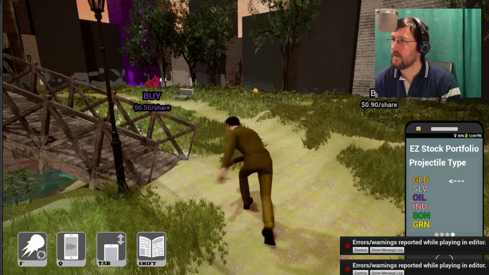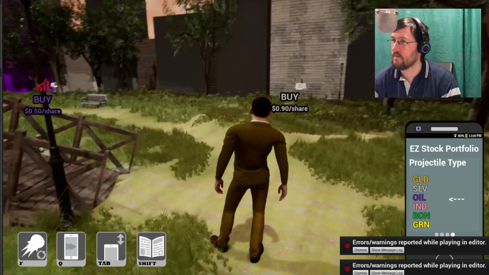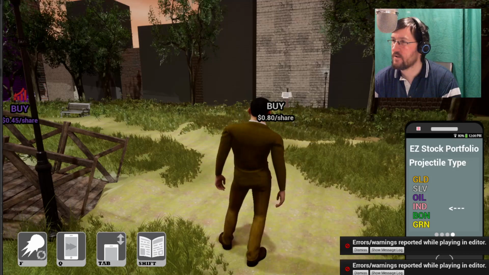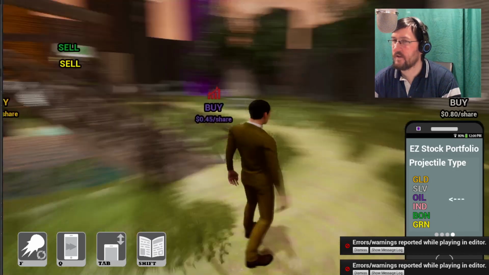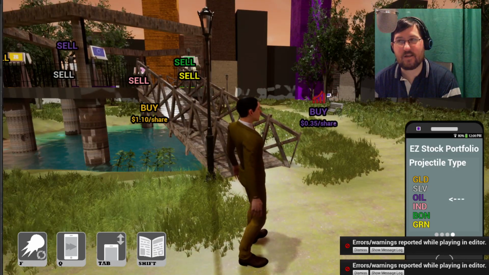Interesting. If I change the stock type before it actually throws, even though the animation has started, it changes color. Interesting. I don't know why it does that. You would think it would be assigned the...